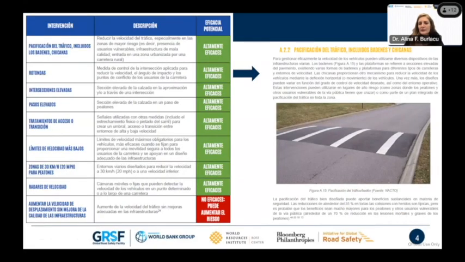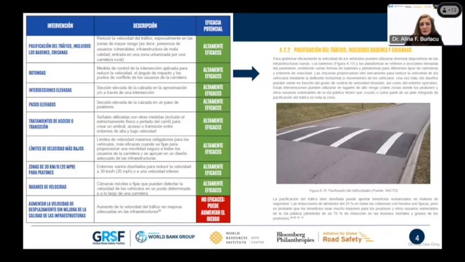And this guide is very easy also to access, to visualize, to use. So it has interventions presented across the road safety pillars, and of course it also has one dedicated section for speed management. Since as we've been talking over the past webinars, speed management is one of the main contributing factors to road crash fatality and severity.